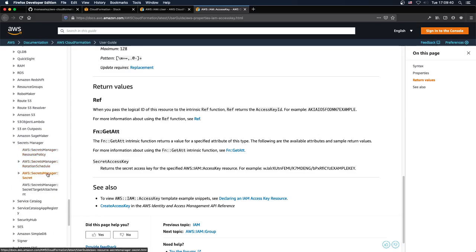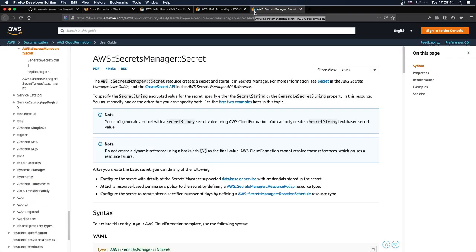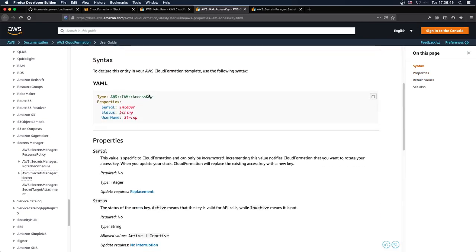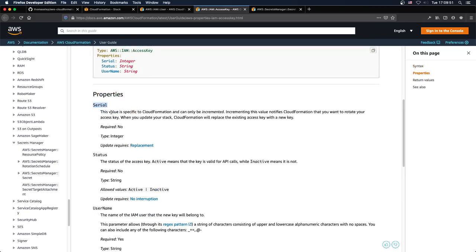And one cool thing that I noticed about IAM users and access keys is that this serial here is a value specific to CloudFormation, can only be incremented, and incrementing it rotates your access key. So when you update your stack, CloudFormation replaces the access key. Now, I thought that was really cool, and the idea is that I want this to end up looking like